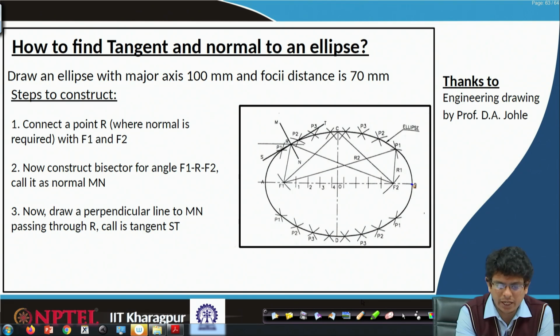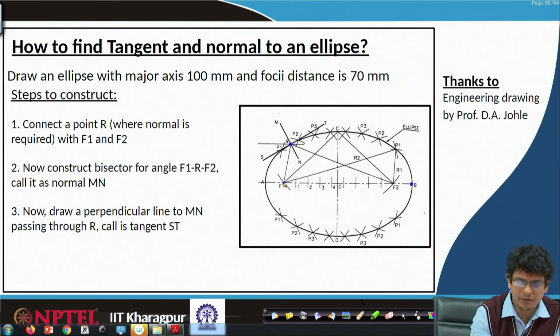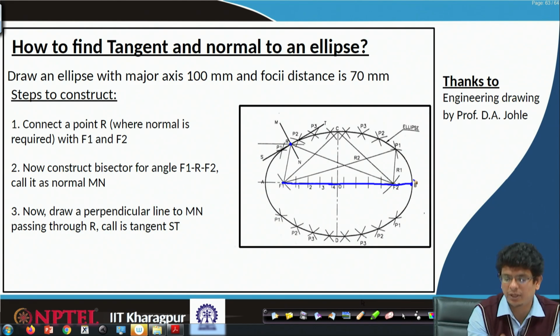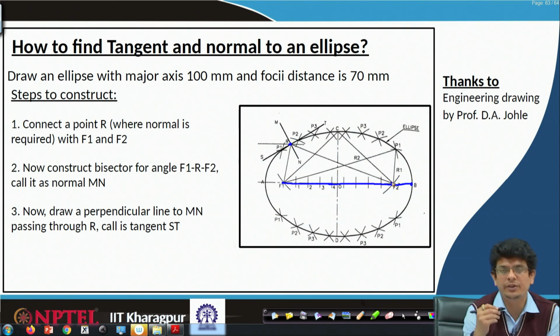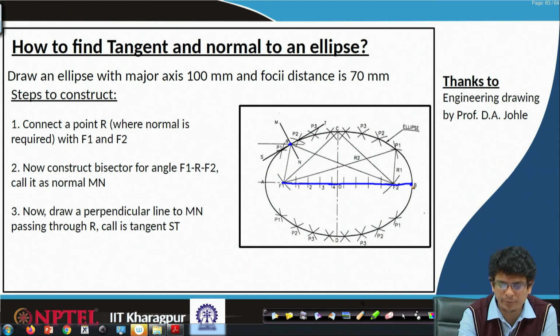If the point is straight away on the major axis, the general procedure is to connect any point on that curve with the two foci. So, if I am going to connect point B with F1, the line will be this one. Similarly, this point we are going to connect with F2. That means, for this point B, connect that again. Both are still making 0 degrees or 180 degrees, the equal division, which comprises the same